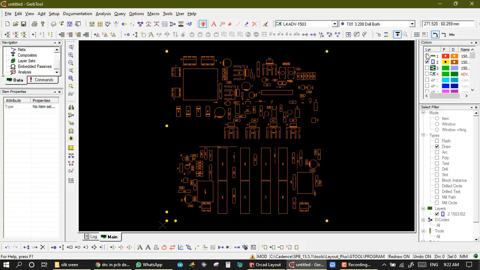After editing all layers, like copper layer, mask layer, silk layer, NC layer and paste layer, then we check DRC. If in editing we make any mistake, or by default we don't make a change, then DRC takes care of this. So we show DRC. Here is DRC, design rule checks. DRC means design rule checks.